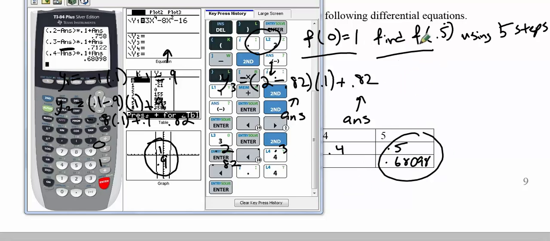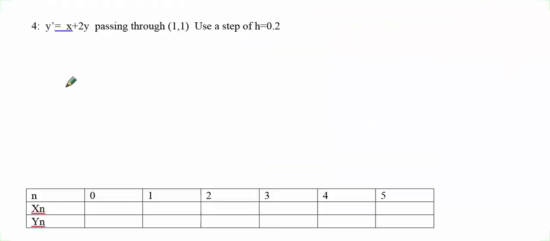So in this version, find f of 0.5. Now you can't really say equals, it is approximately 0.68098. Let's set up one more real quick. So we got our slope field, we got our points, we got a step size of 0.2, so we know